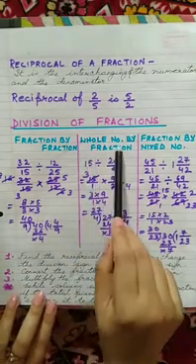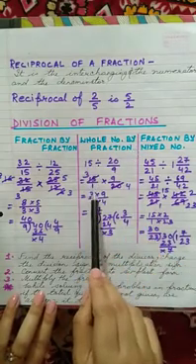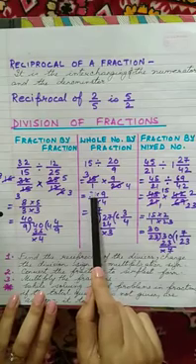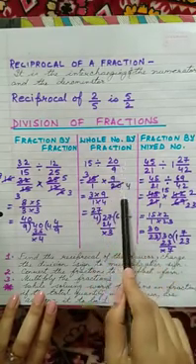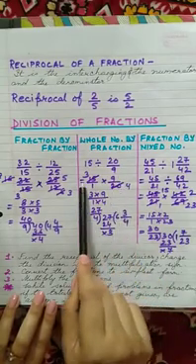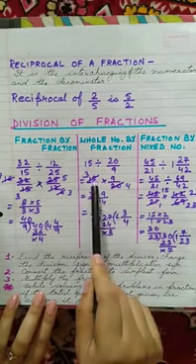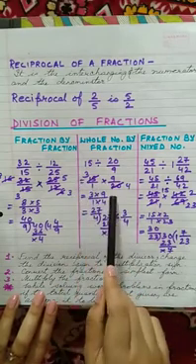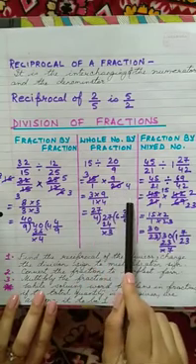Next we have whole number by fraction. Now to change the whole number to fraction, we put denominator as 1. Change the right hand side fraction to its reciprocal, that is 9 by 20. And then cross cancel. 15 and 20 can be cancelled by 5. So 5 3s are 15, 5 4s are 20. Nothing can be cancelled anymore by the same number.